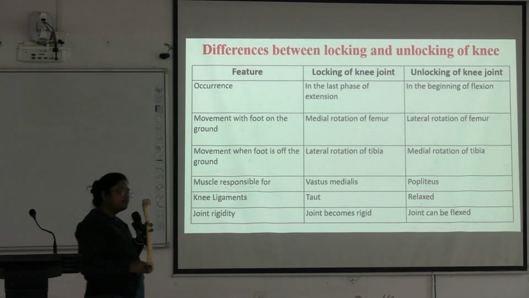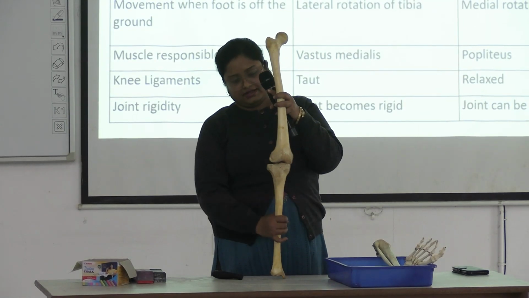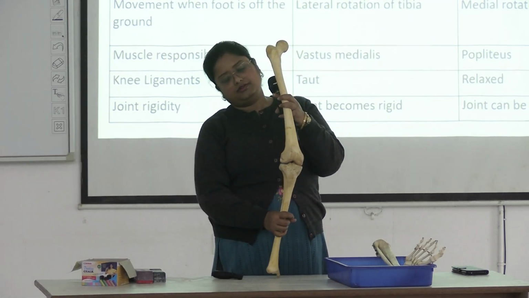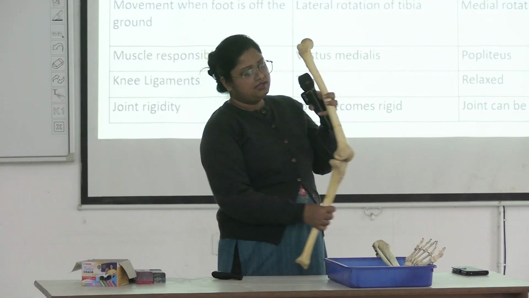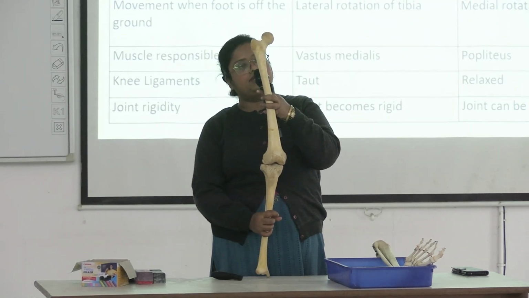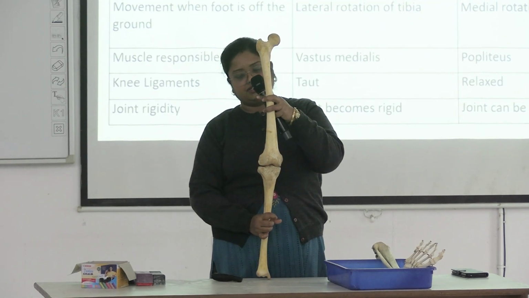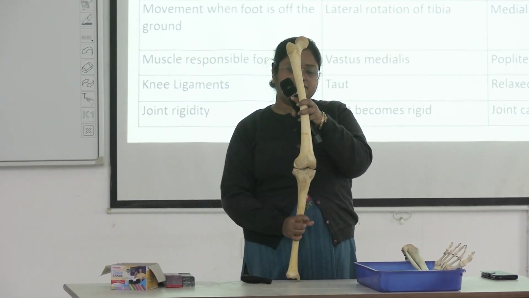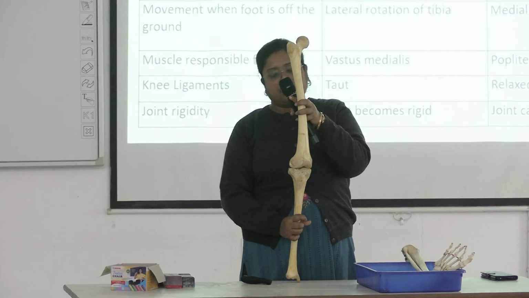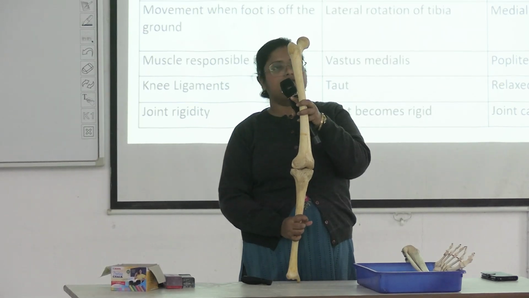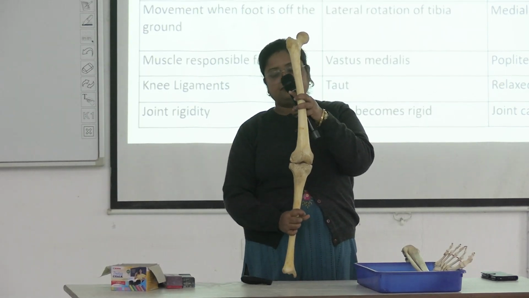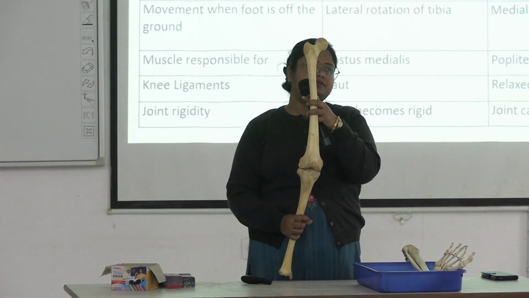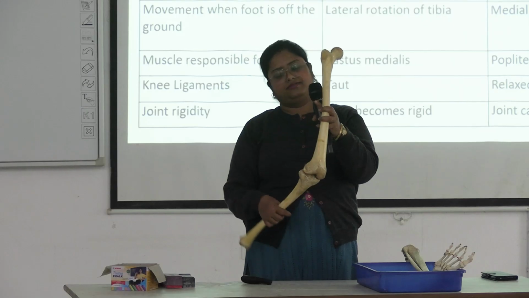of the knee joint. The foot is on the ground, that means tibia and fibula are fixed. Okay, so this is the semi-flexed position. During full extension the femur rotates slightly medially. Okay, that is known as locking of the knee joint. And during the starting phase of flexion, the femur first rotates laterally, that is known as unlocking of the knee joint, and then there will be flexion.